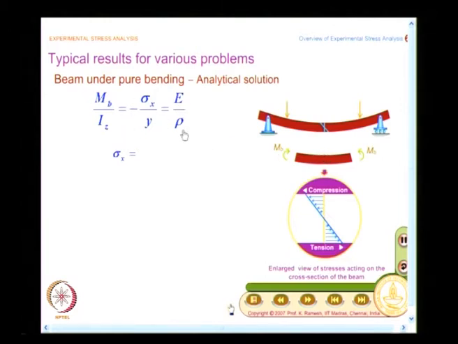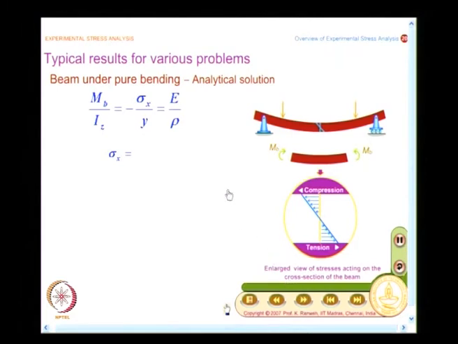And once you have this, it is easy to find out what is the value of the stress component. You can directly write it, it is child's play. Please write down that expression, and this turns out to be minus M B y by I z. And what you get here? You get, as a function of y, sigma x changes linearly, and you also find that sigma x is not a function of x. So, it is constant over the entire length of the beam, which is taken slightly away from the points of loading. And this is what you get in a first level course.